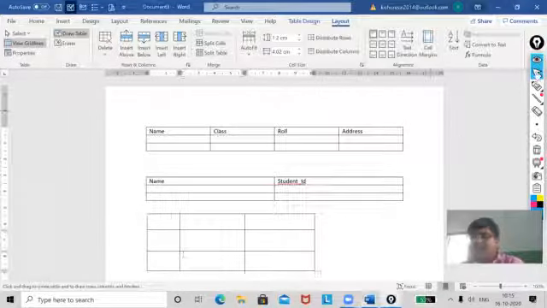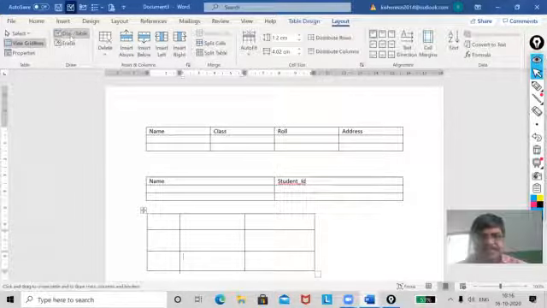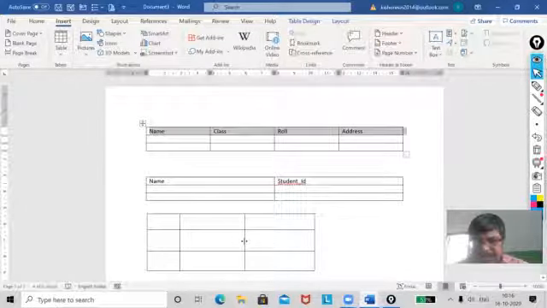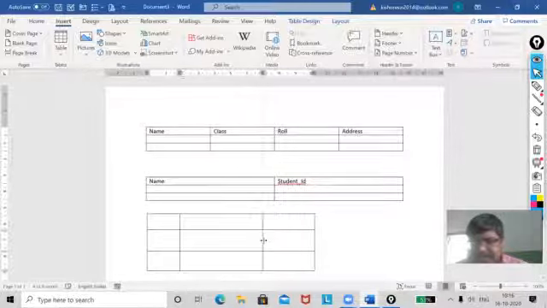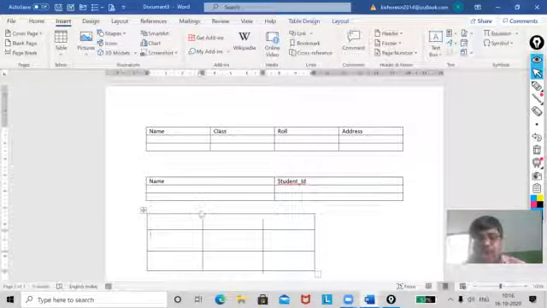Later on, you can adjust the width. You see, I want, no, this one is there. I will come here in between and I can increase it. However I want, the same way, I can do my work. If I want my first column width to be increased, I can do it. In the same way, the height of the row also I can do.